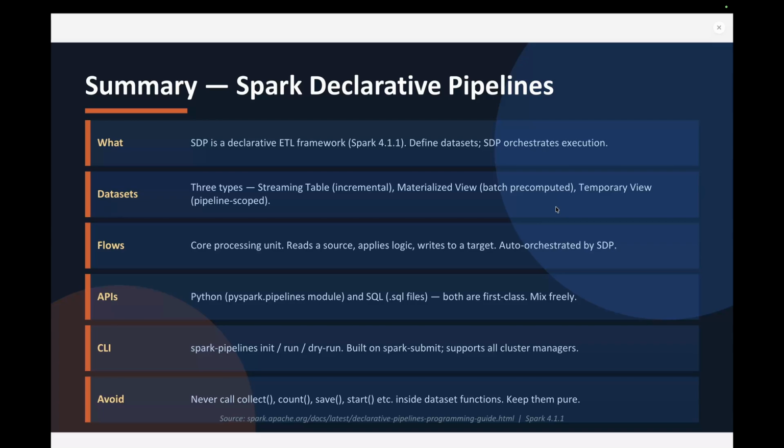Avoid: never call collect, count, save, start, etc., inside a dataset function. Keep them